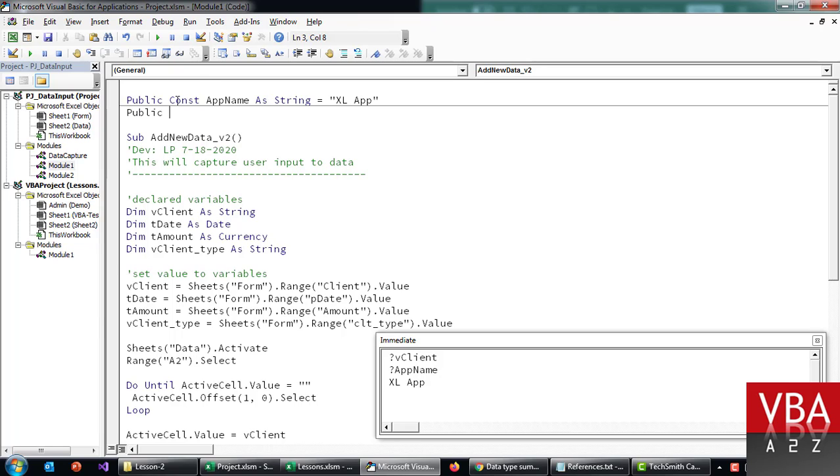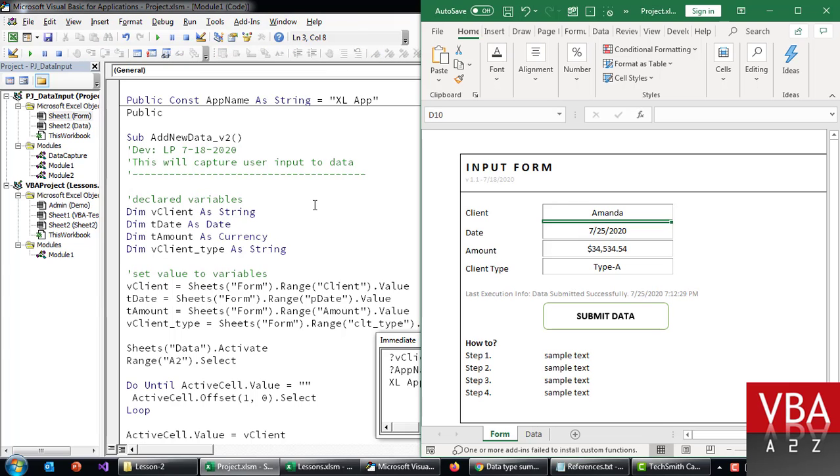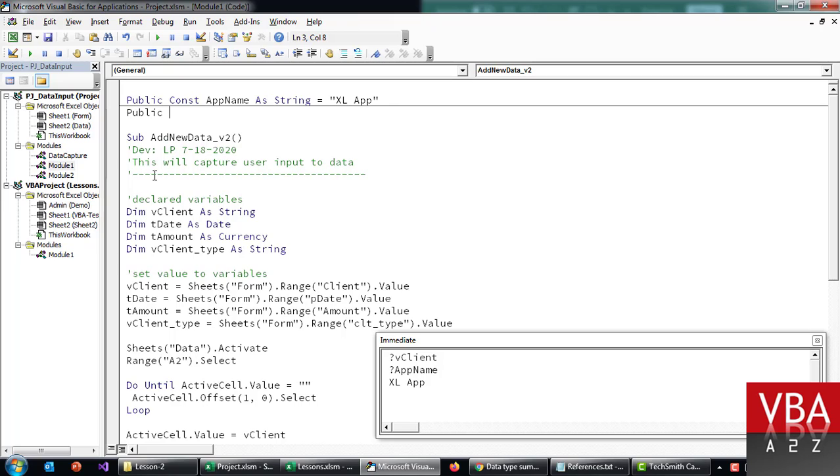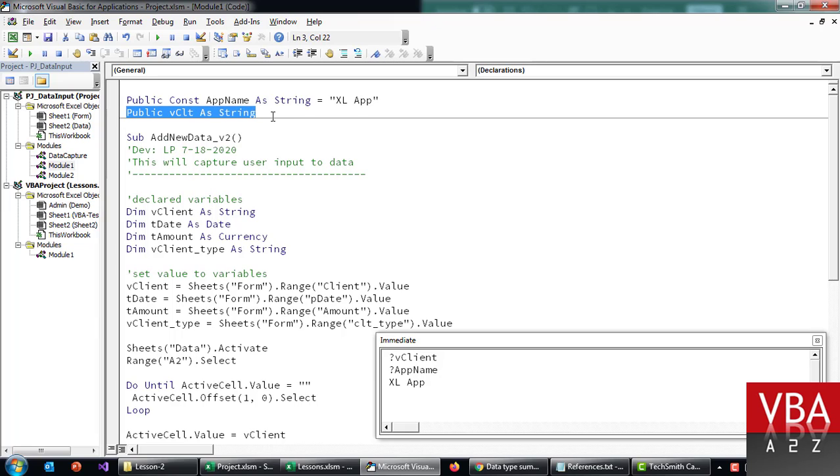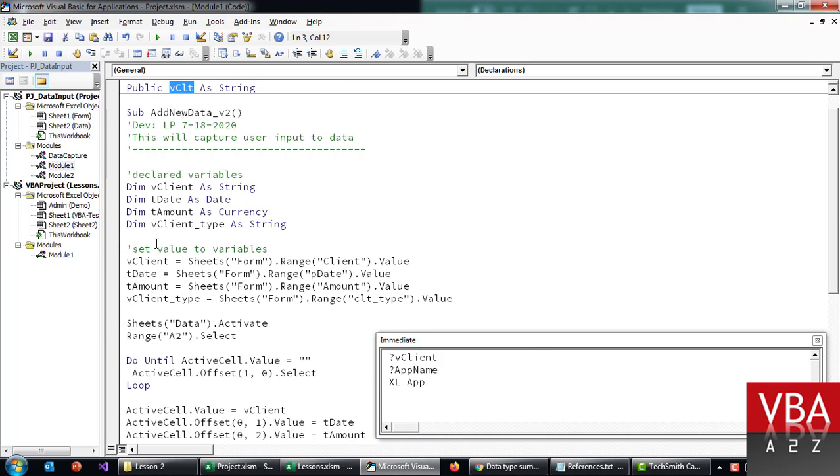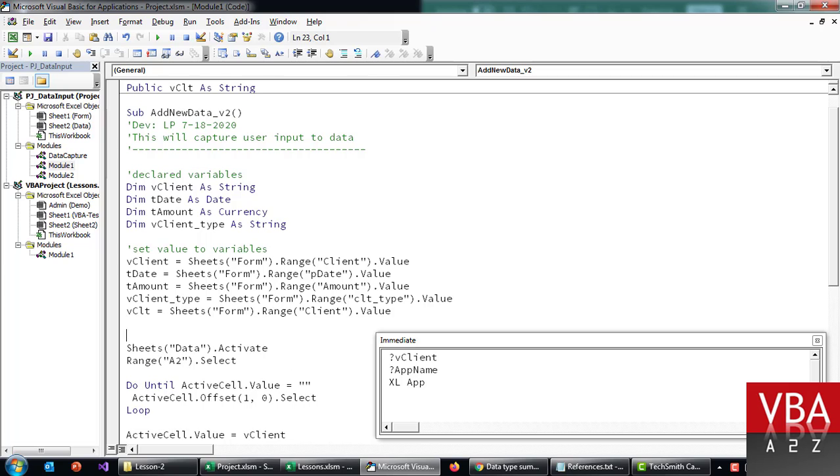So if it is not a constant variable, then let's take one example. Let's say application username, redundant. Maybe just use the same example for now. If I copy this v client here, I'm just going to say v, just to keep it different, v client as string. Now if you put a public variable like this, this particular value will be accessible from any code. So for example, let's say you are running a code and you are setting a value here. Let's say you set a value like this,